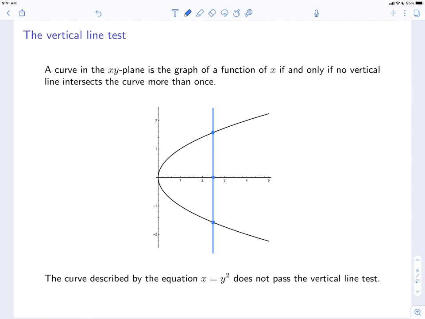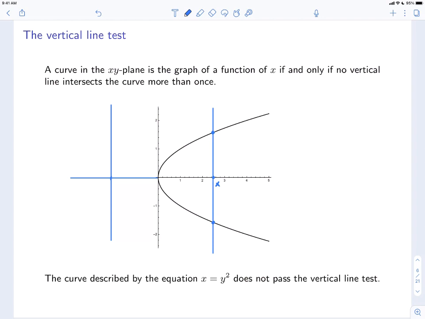If I pick a negative value, so let's extend our x-axis here. If I pick a negative x value and draw a vertical line, that won't intersect the curve at all. So that doesn't give me a problem. I only get a problem over here when I have positive values of x. Even x equals 0 doesn't give me a problem, because if I pick x equals 0, there's only one spot where the vertical line intersects there, and that's at the origin at the point 0, 0. So that's not a problem. But if I pick an x value which is positive,